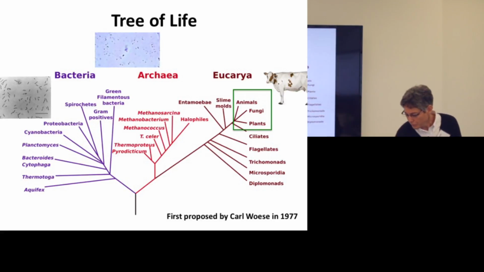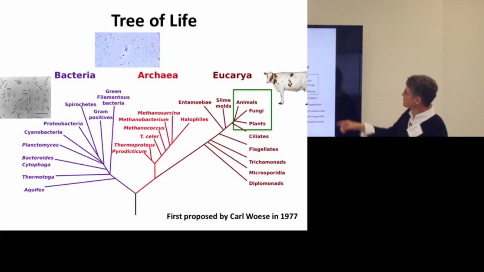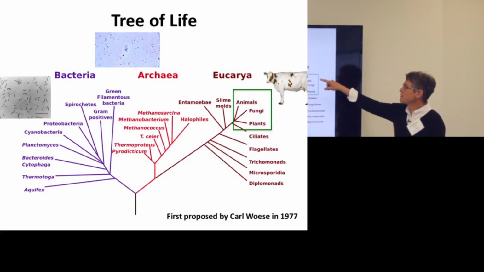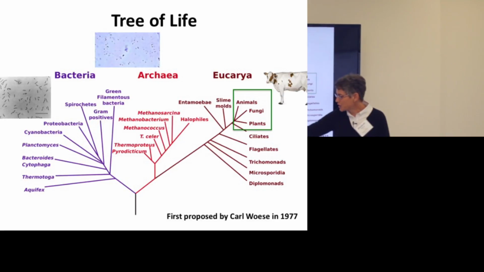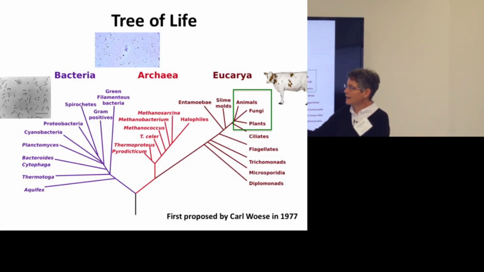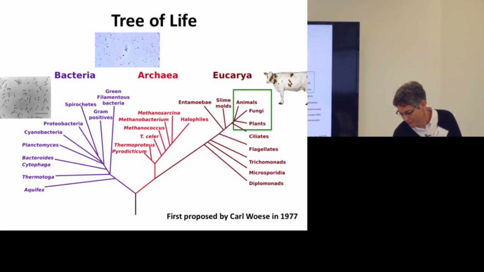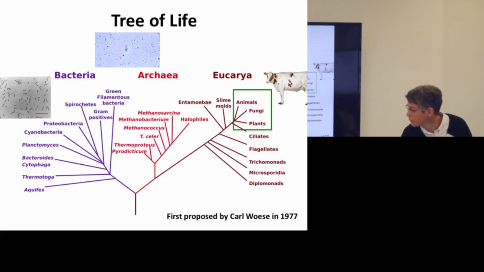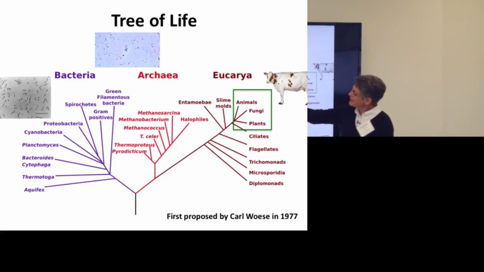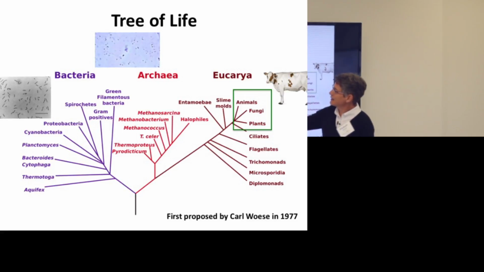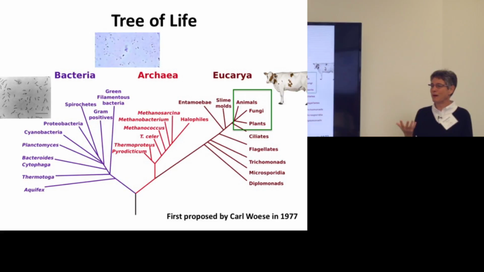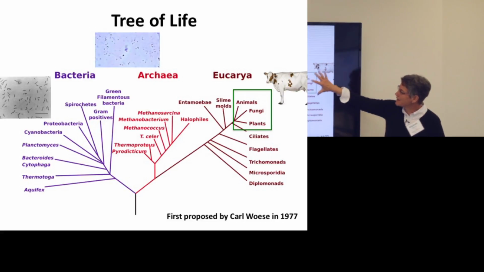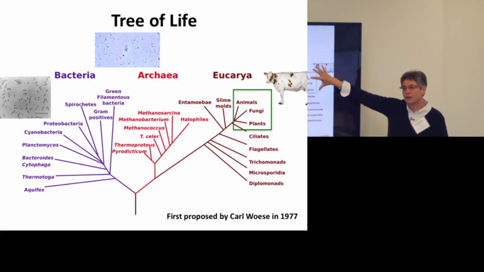What we see here is that the larger macroorganisms all clump together in this evolutionary tree. The origin of life would be somewhere here, and has diverged over billions of years. All of these purple and red branches here occupy, or represent, the microbial world. And all the things that we see, the animals and fungi, are really over on this side.